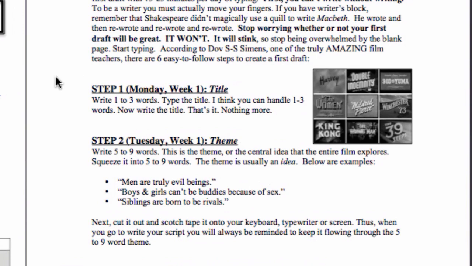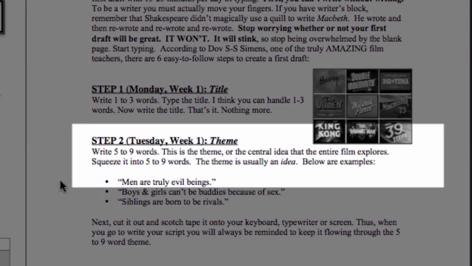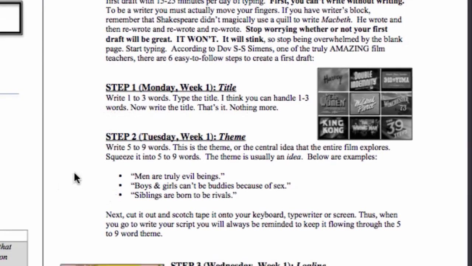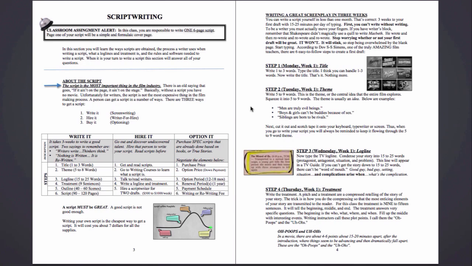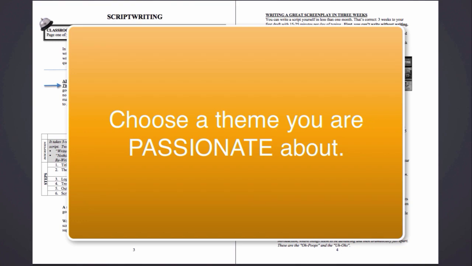But before you start creating dialogue, you'll want to create a working title, and most importantly, you'll want to create a theme. We discussed theme in the last video. This is the 5 to 9 words that sum up what you're trying to teach the audience. Every story should have a purpose. You should be trying to affect the people that watch your movie and make them feel a certain way, either agree with your theme or come up with some ideas of their own about your theme. So you'll definitely want to make sure that while you're writing your screenplay, you have that theme next to you. This theme should always be something that you're very passionate about.